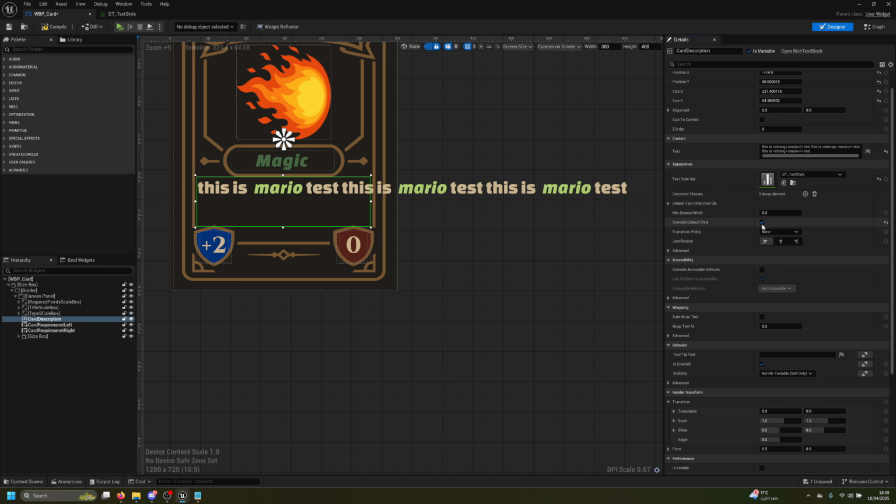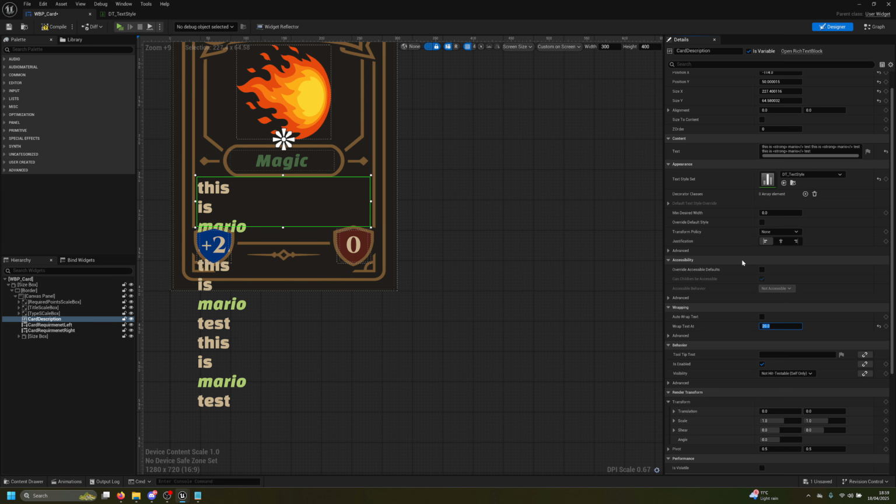Override the style, justified on the middle. That's okay. Advanced wrapping. Wrap the text to a new line when it exceeds the width. 0 or no wrap occurs. Okay, so if I put, let's say 20 or 5 or 2, 0.2, how does that work? Maybe